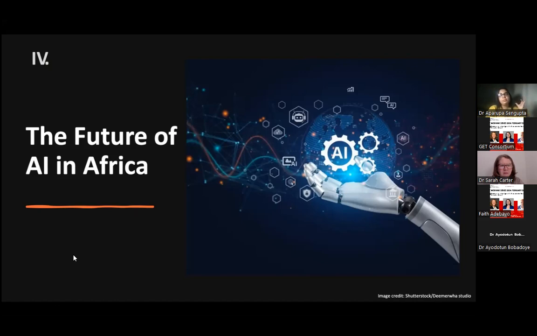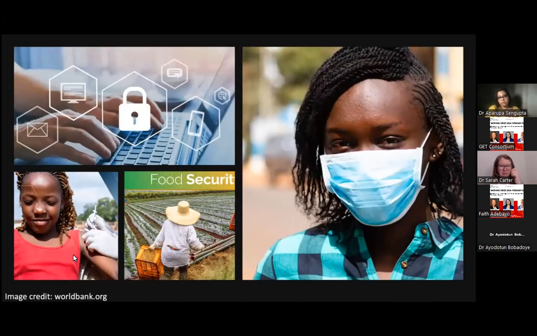So if you ask me about the bigger picture, the future of artificial intelligence in Africa, I would say the future is bright. This picture shows the different applications artificial intelligence has or could have in solving Africa's biggest problems: food security, pandemic and epidemic preparedness, development of vaccines and other therapeutic measures, and providing robust infrastructure in cyber, biosecurity, and otherwise. I think artificial intelligence has a lot of possibility, and Africa's opportunities are massive. We just need to make sure we